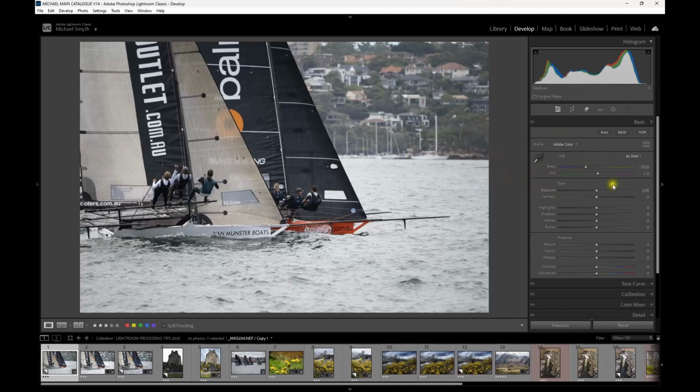Now, moving down the panel, what Adobe suggests that you do at this stage is adjust the white balance. But the problem is, until you've adjusted your tonality in the image, you really can't see if there's a bit of a color cast. And one of the good things about modern digital cameras is that the automatic white balance is now pretty good. It's not perfect. It still gets fooled by some things, but overall, it's not too bad. But if I was to look at this, and there's not a lot of color in this image at this point, if I was to muck around with the white balance,